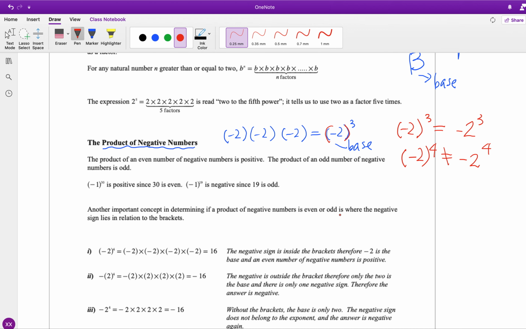But when you write it out, this is absolutely not true, because any negative number as a base,